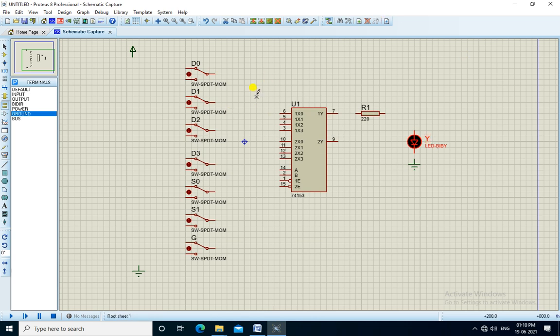Okay, now we will connect the components. Start from LEDs, D0, D1, D2, D3, then switch S0, S1 and enable pin to stop. Connect the LED through this resistor at the output.